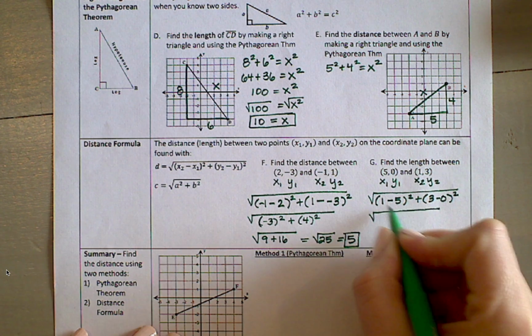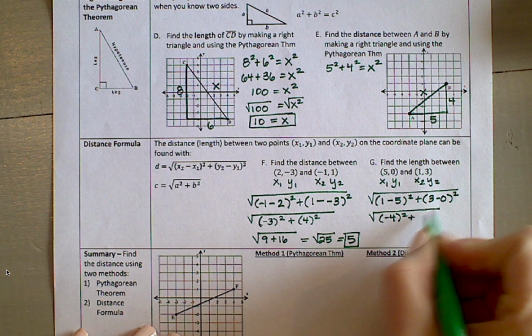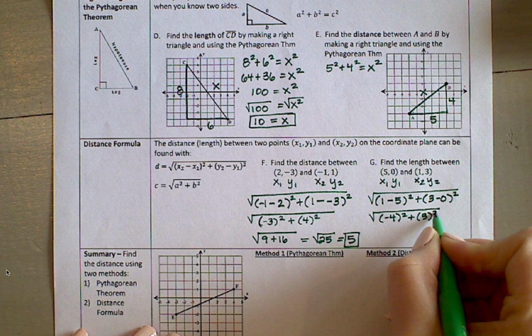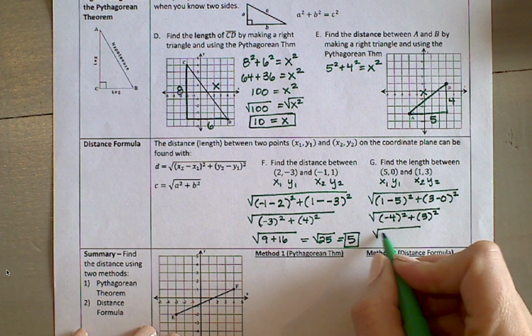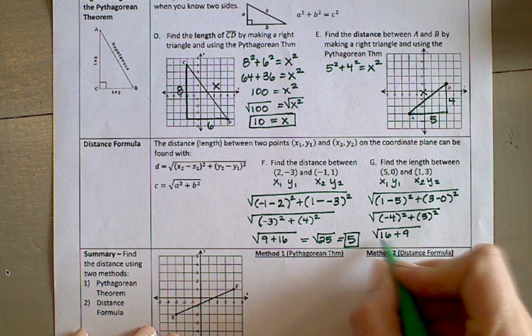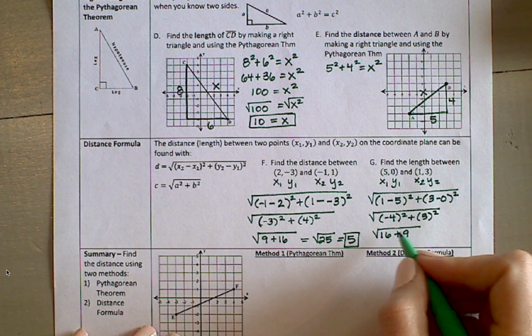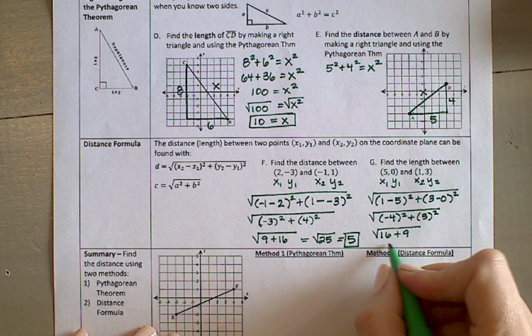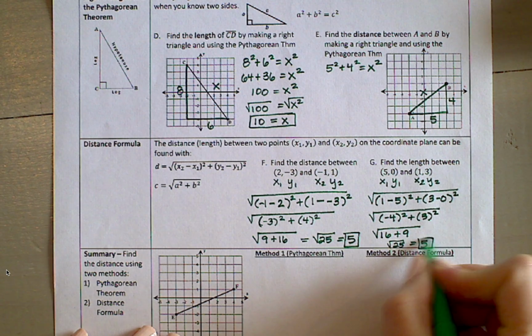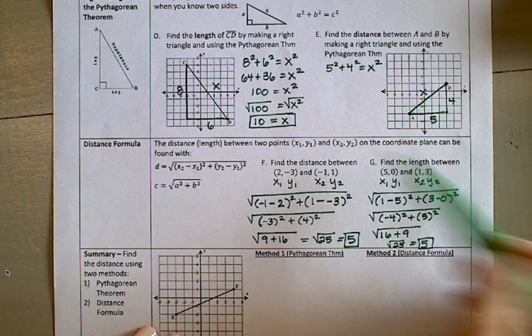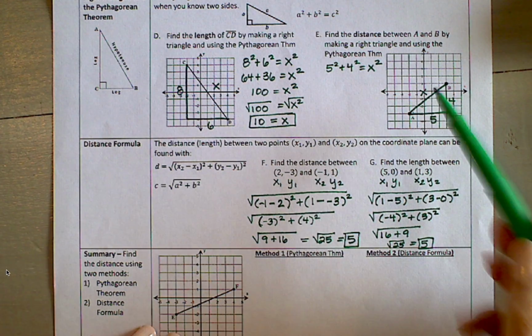And so 1 minus 5 is -4, and 3 minus 0 is 3. And then we would have -4 squared. Remember, this should never be negative, so this would be 16 plus 9. And then you'll notice that we end up getting the same thing. 16 plus 9 is 25, and then the square root of 25 is 5. Okay, so again, if you want to use the distance formula, you can, but my go-to is usually